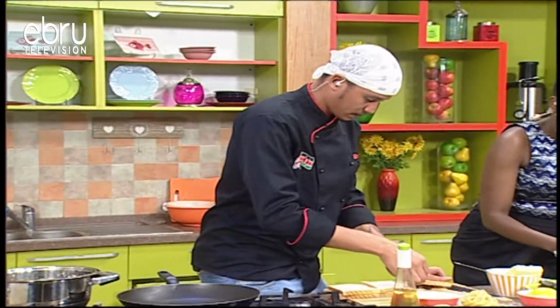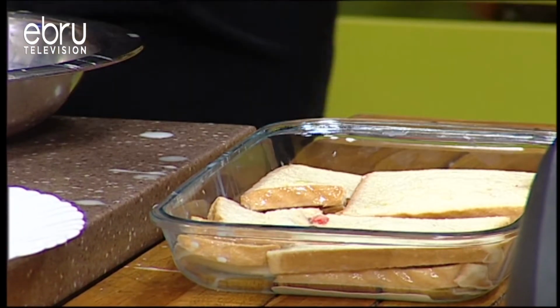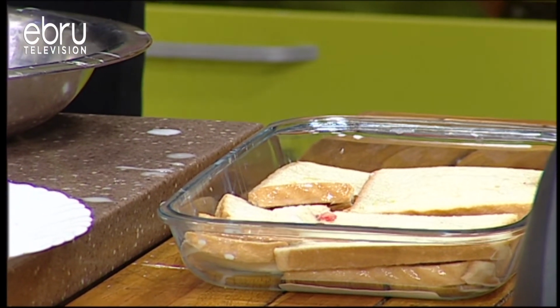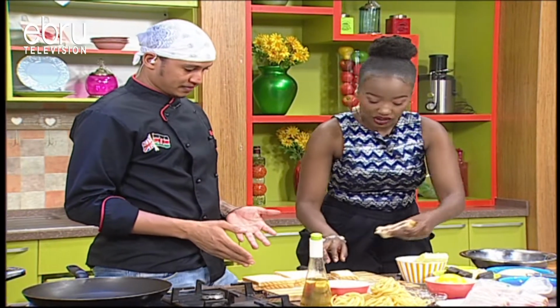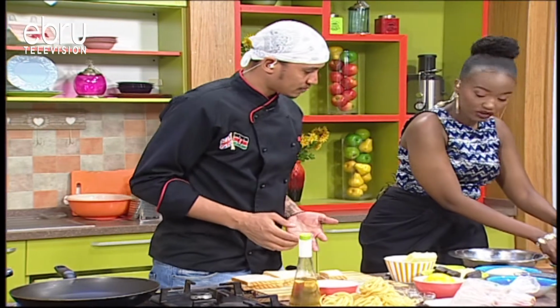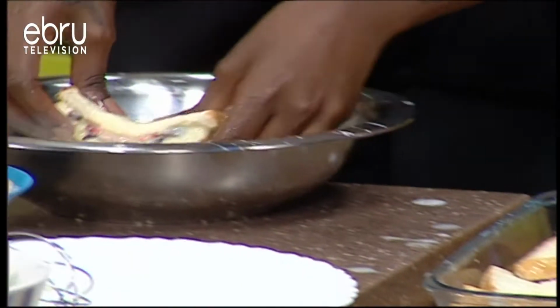All right, so I'm soaking up the rest of my bread there in that custard base. And I'm going to ask for just half of another one. I think we're going to need more bread. Yes, because we have to fill the bottom and then fill the top. You see, we've done 3. So maybe we can get...